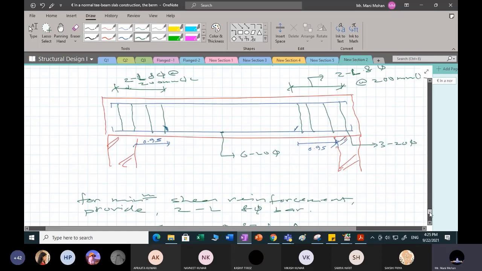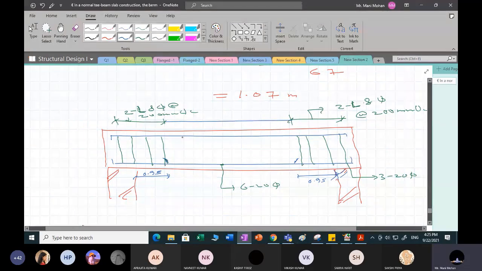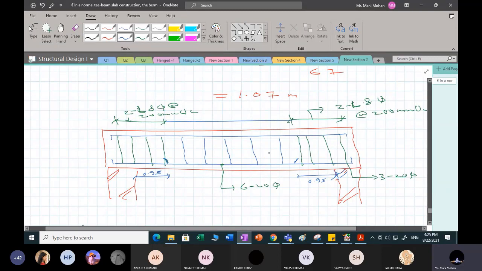And where will you be providing it? You'll be providing it in this zone from here to here. So you can see you have done some kind of economical design. Rather than providing closer spacing of 200 millimeter center to center at mid span, since your shear force is going to be less, if I provide minimum shear reinforcement, that will also be fine for me. So this will be two-legged 8 dia at 300 millimeter center to center. This is the sketch which finally you have to give, and it gives you a clear idea what exactly you have to do and how you have to place your reinforcement at the site.